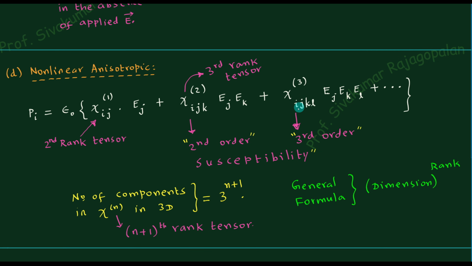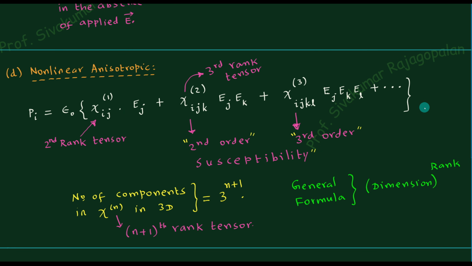And similarly, when you're talking about the fourth rank tensor, naturally you can consider how many sheets of paper are required, and in each sheet what is the number of elements. And you can easily calculate this: 3 to the power of n plus 1. So the same idea has to be extended for higher rank tensors. Therefore, the concept of tensors and other things, even though it looks like that, ultimately you are going to deal with matrices, and therefore all the matrix operations you know. For that reason, this expression, even though it looks a little cumbersome, is ultimately fairly understandable. It is easy to understand. So there is nothing difficult.